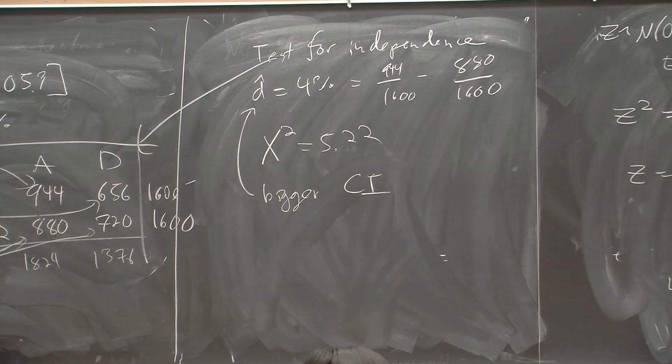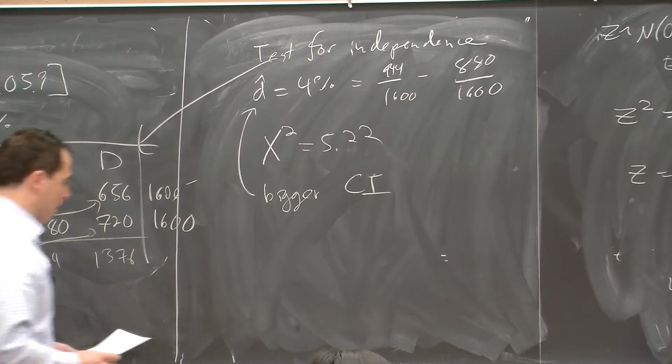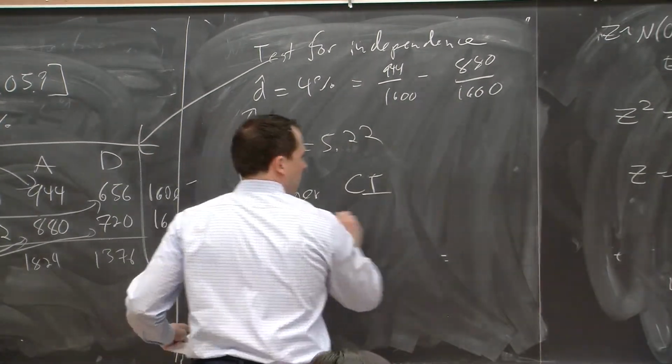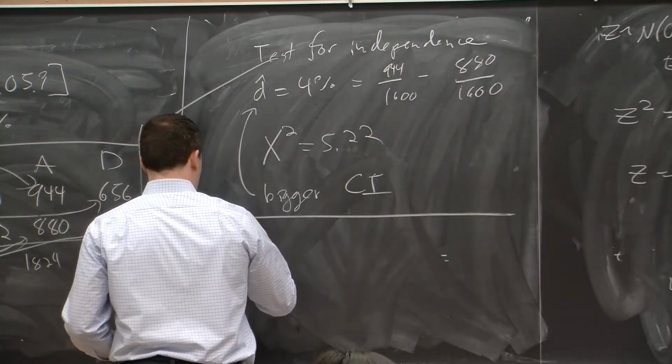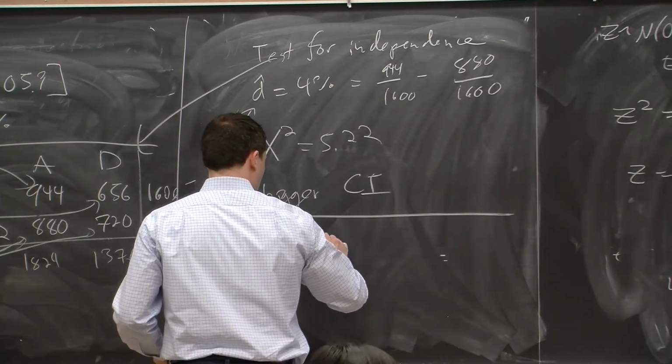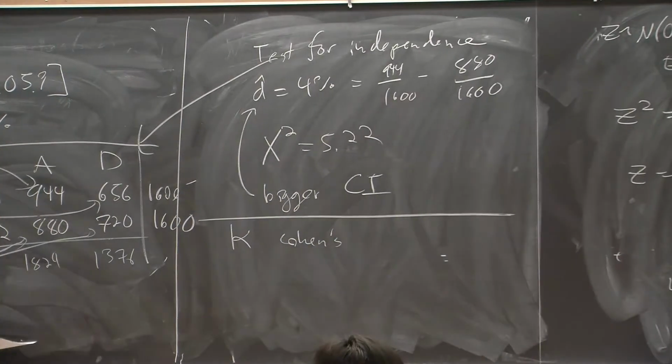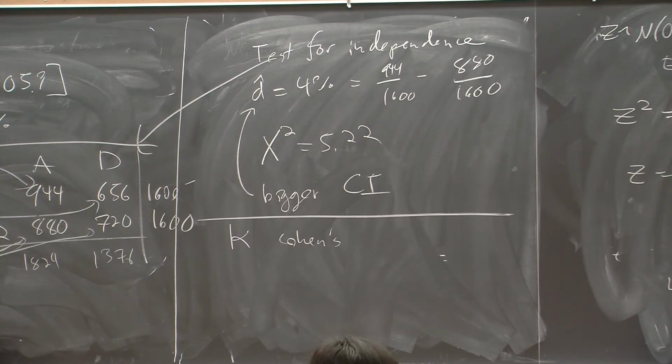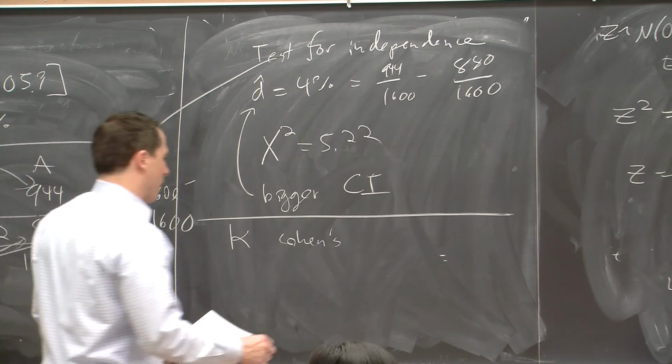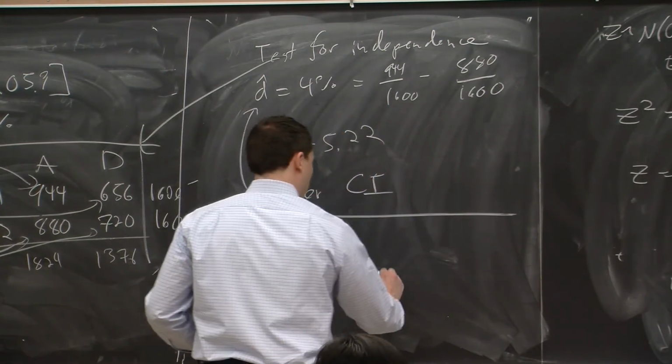Okay, so the last topic, which I guess we don't really have time to say much about, is this measure of agreement, kappa. So the kappa is something where you have two raters